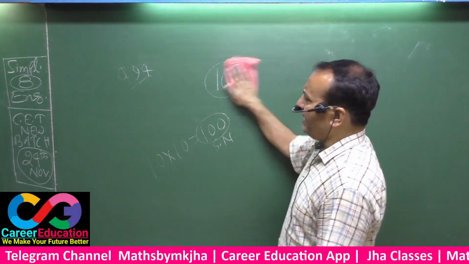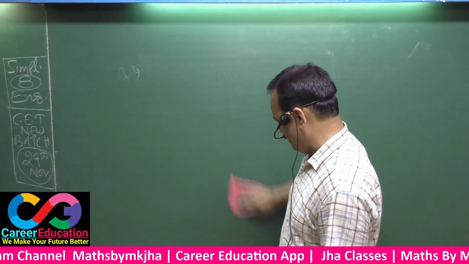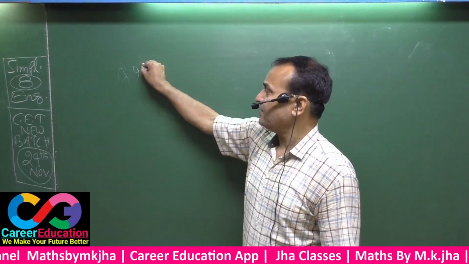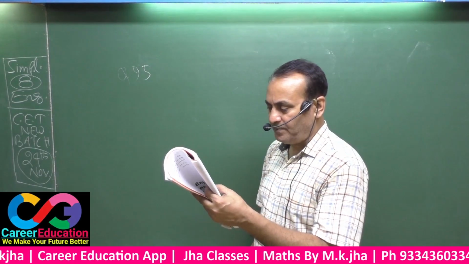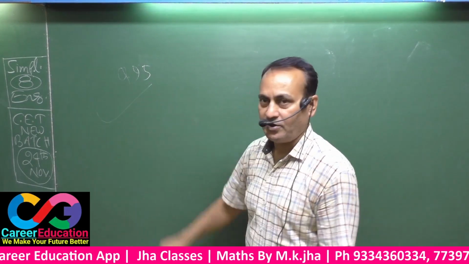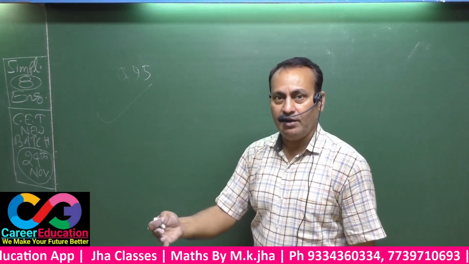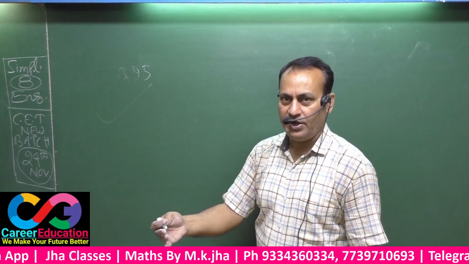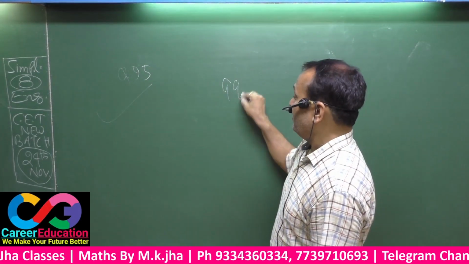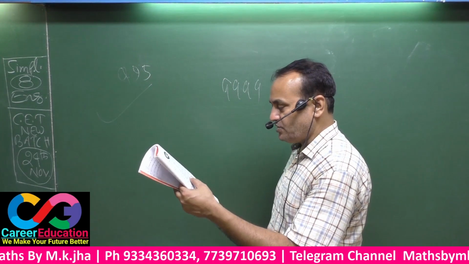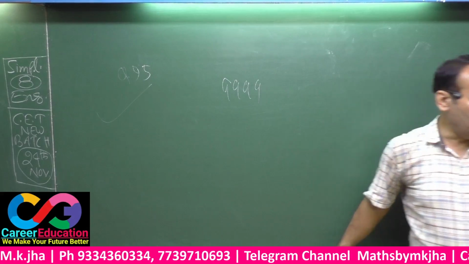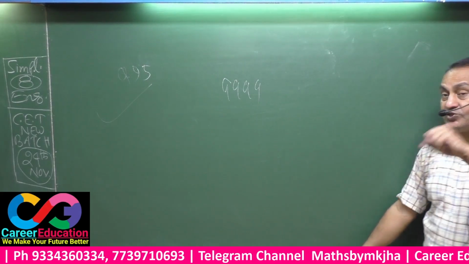Now come to question number 95. Which is the 4-digit greatest perfect square number? This must be ticked out. This is to be asked by the examiner. Okay. The question says, what is the 4-digit biggest square number? That means you have to pick up the 4-digit biggest number only.